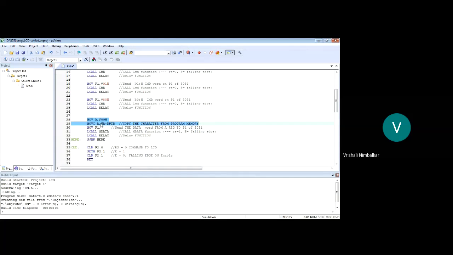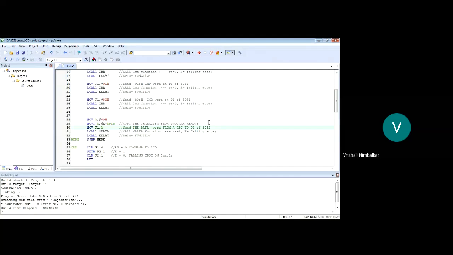Okay, so we took the first character H, and where is the character stored? In the accumulator. Now this H character is to be sent on port 1. So what should be the modification in the next instruction? MOV P1 comma, where is the character? In the accumulator.